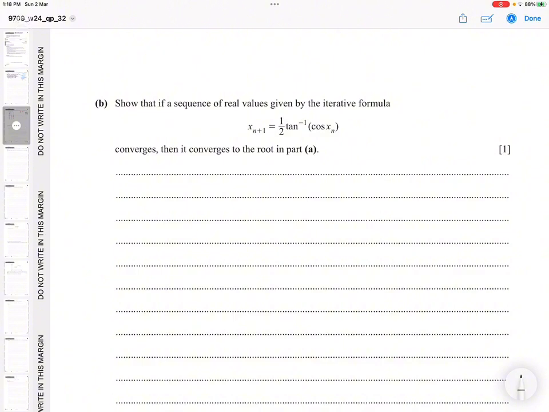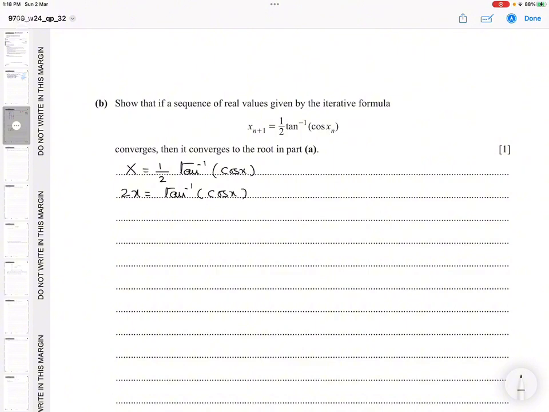So we can remove the subscript and write the equation in terms of x. X is equal to 1 over 2 tan inverse of cos of x. So you multiply 2 by x, so this becomes tan inverse of cos of x,